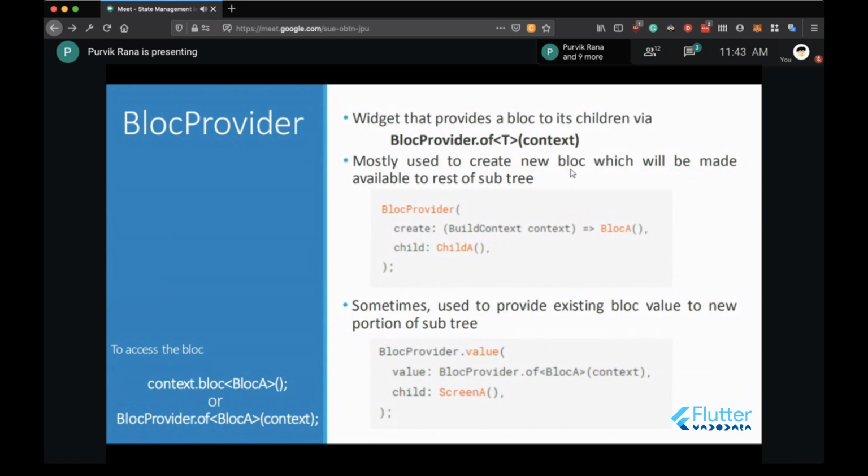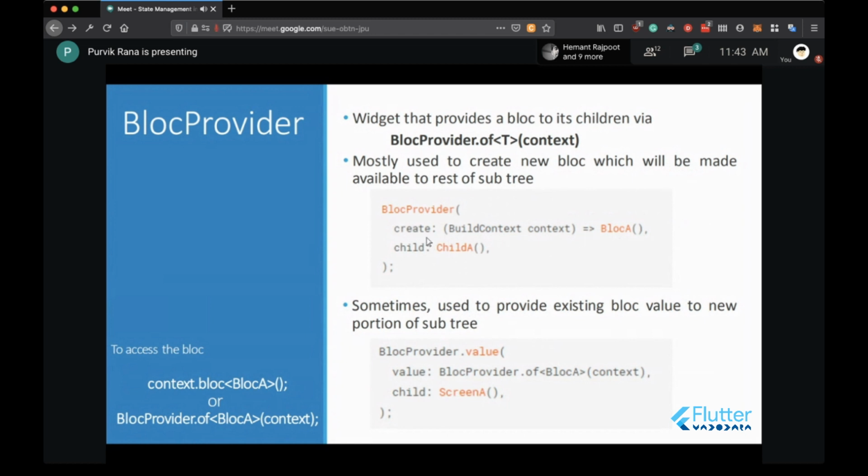It is mostly used to create the new block which will be made available to the rest of the subtree. So let's say we have one particular child A screen, child A widget, and we want to provide the block A to this particular screen. So we can wrap this child A widget using the block provider, and it consists of this particular property that we have to use to create the block.